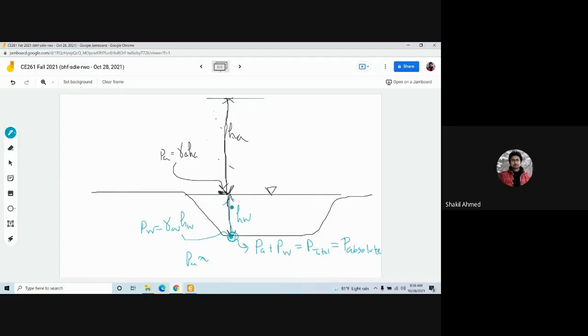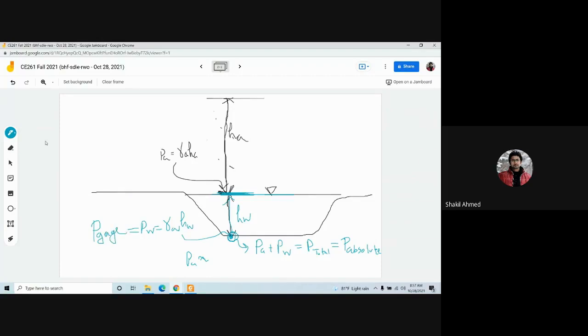However, as I told you, in case of hydrology, we usually do not incorporate PA. That means we consider this PA as the reference. That means zero. Here, no pressure. Instead of pressure PA, we consider there is no pressure. Okay. And we only consider the pressure, that is PW. So we call this gauge pressure. Why? Because gauge is a meter that measures the pressure without considering the atmospheric pressure. So we call it P gauge,